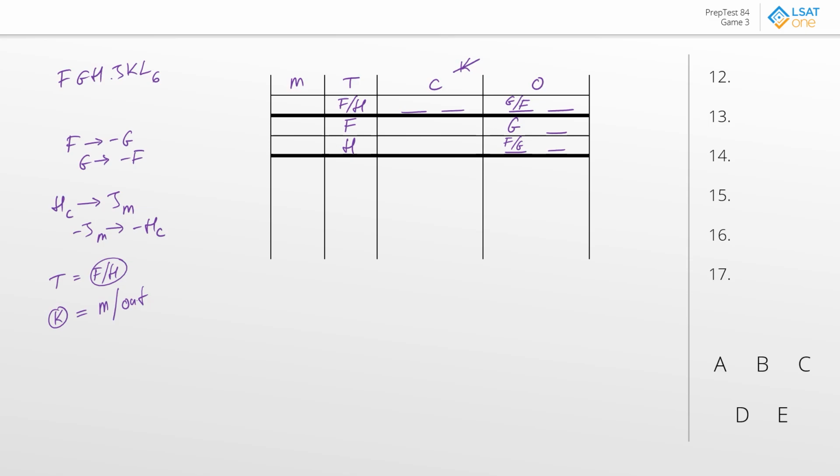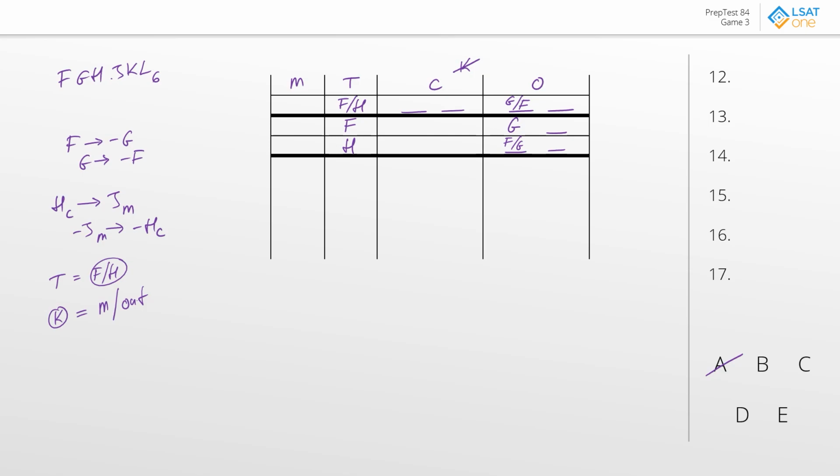So the questions themselves, as usual, we do the first question first, which in this case happens to be an exclusion question. So we do this by the rule. The first rule was basically that we could not have F and G both in. So going through the answer choices, answer choice A, we have F as a mayor and G as a counselor, which means that doesn't work. We can disqualify answer choice A because F and G can't both be there. Answer choice B looks good, C is fine, D is fine, and E is fine. The rest of them only have at most 1 of F or G.